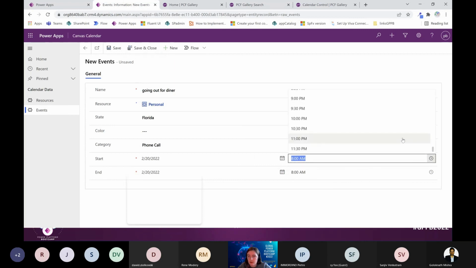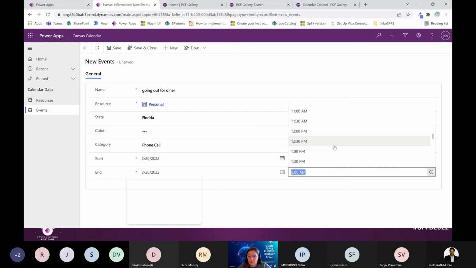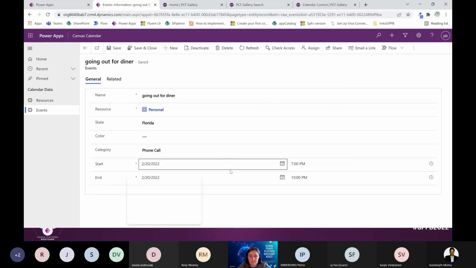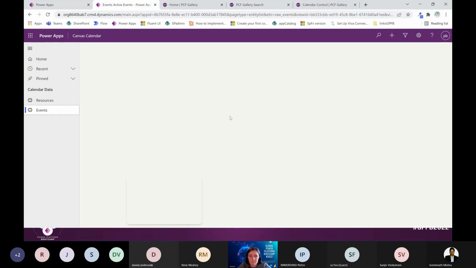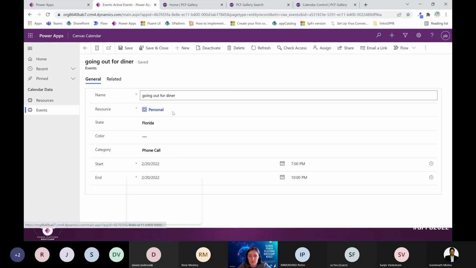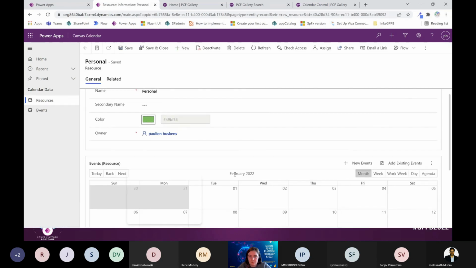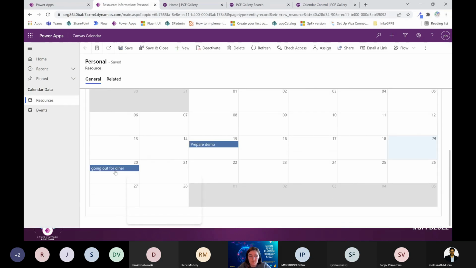Maybe also not in the morning. 7 to 10, maybe. I can save it. Oh, I made a new calendar for that. Resources, personal. Here it is. And now we can see, without setting anything up, I can create a calendar that normally